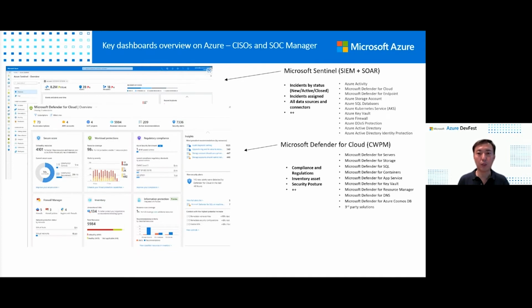Okay, so the dashboard itself for Defender for Cloud talks about these areas, including your security posture. Security posture is about secure score when you reference your workload on Azure. So it's a different dashboard that has a different intent and purpose for the viewer itself. It's particularly important for a CISO and a SOC manager to understand how compliant my workload is on